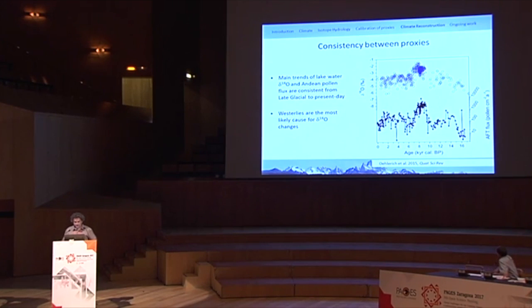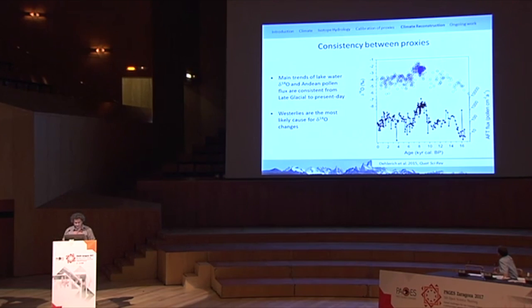And as you can see here, this increase in the delta 18O values is reflected also in the influx of forest pollen during that time, and it seems as if we have a period of extremely enhanced southern hemisphere westerlies